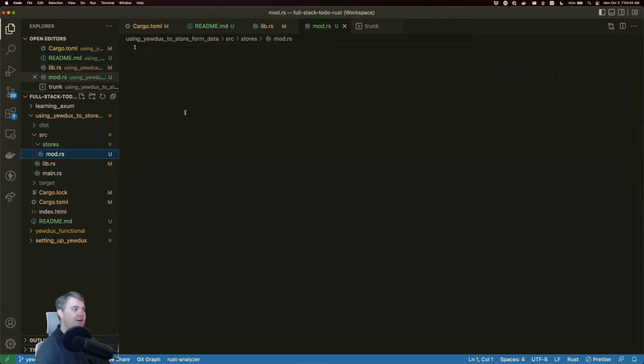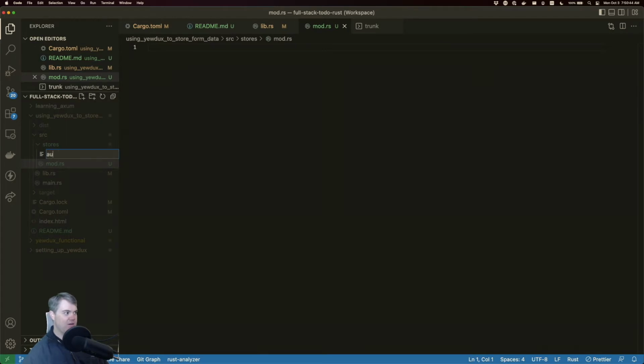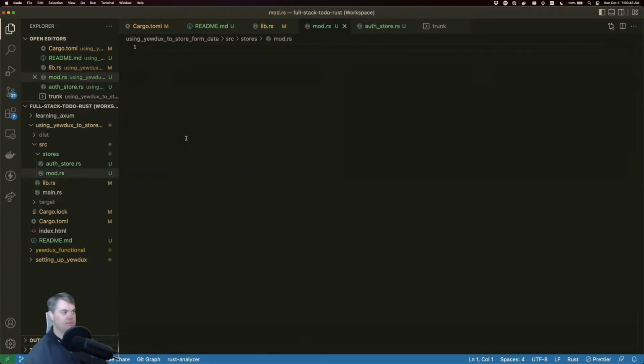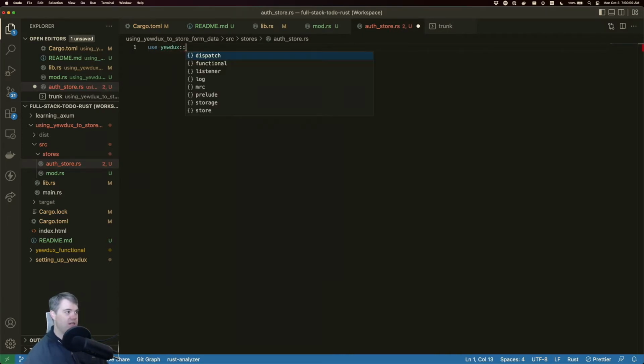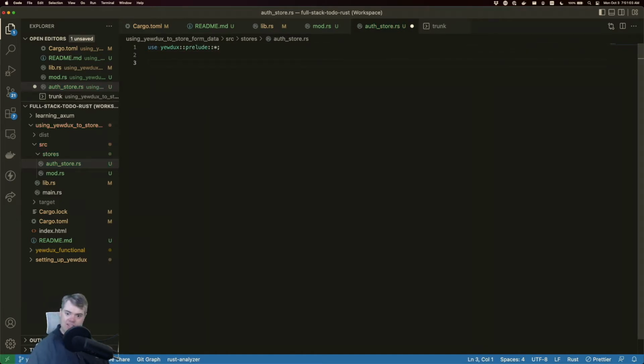Okay, so inside of here, we're going to want, I'm going to call this an auth store. Mod auth store. And we're going to first start with importing everything from Yewdux. So yewdux prelude star, and let's go ahead and set up